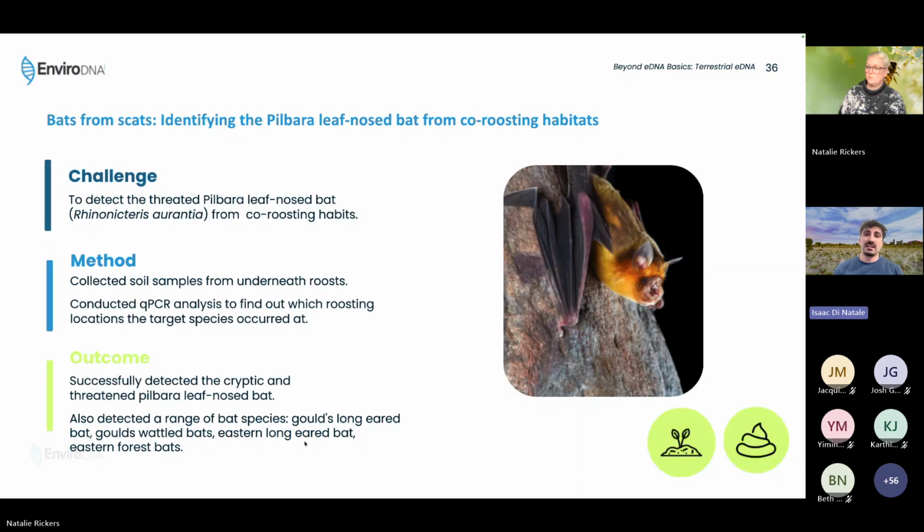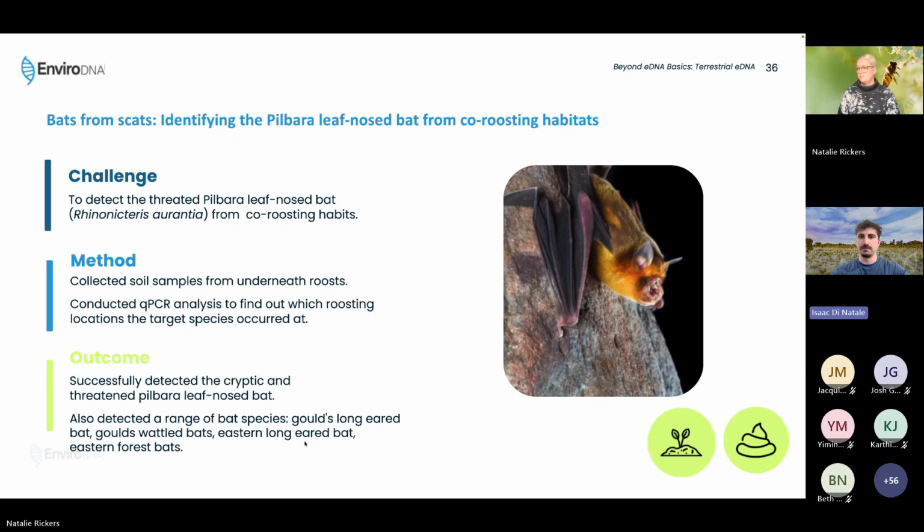We also see that scats are a great way to help identify visually conspicuous or cryptic species that would otherwise be difficult to tell apart in the environment. As an example, many of our bat species, especially the microbats, are quite difficult to detect due to co-roosting with similar species. In this case study, we aimed to detect the threatened Pilbara leaf-nosed bat by sampling soil within